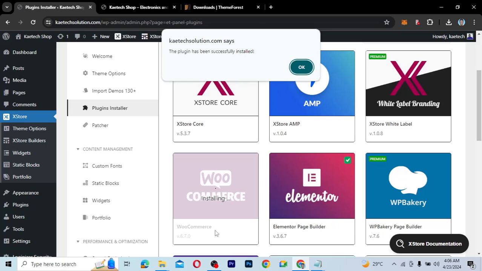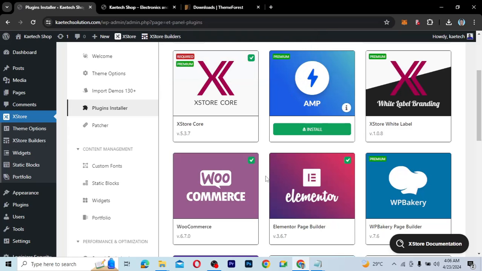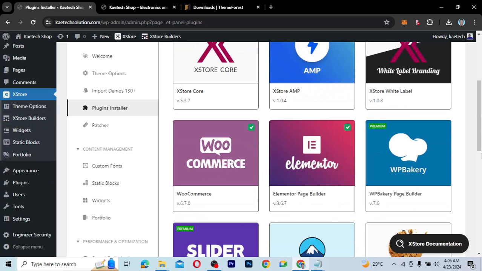It is a drag and drop page builder which helps you build all your pages. WooCommerce is also a plugin which helps you build a shop. So if you are creating an e-commerce website on WordPress, then WooCommerce is the best plugin for you. These are the two plugins that I have installed, but of course you can go ahead and install all